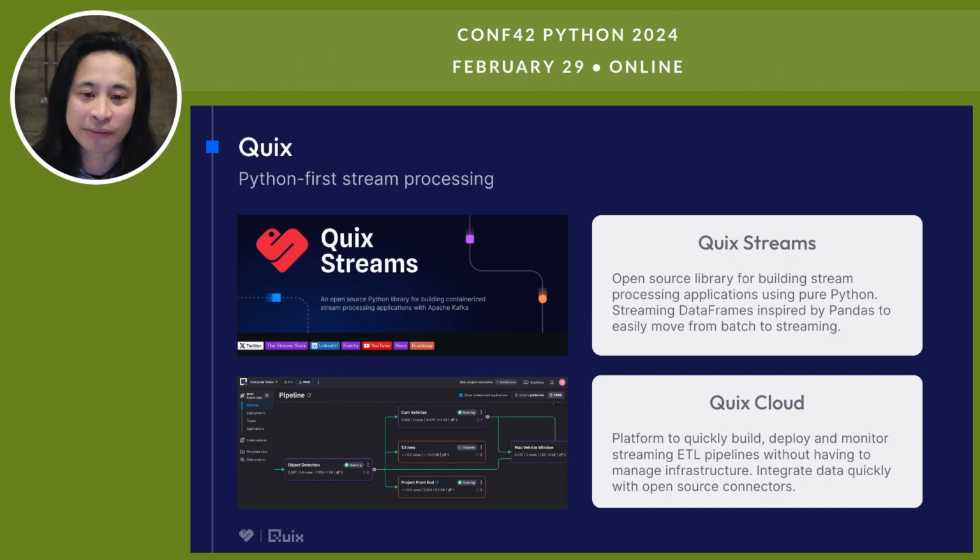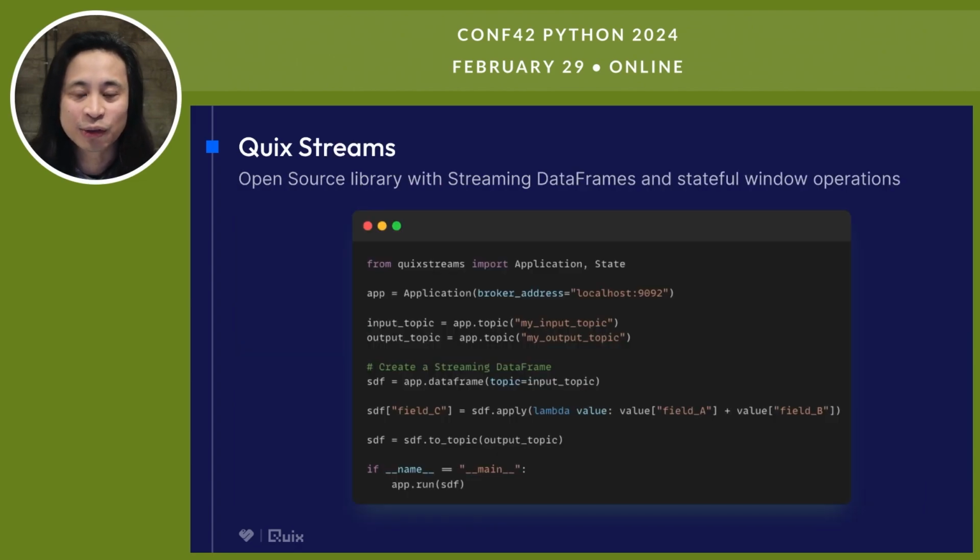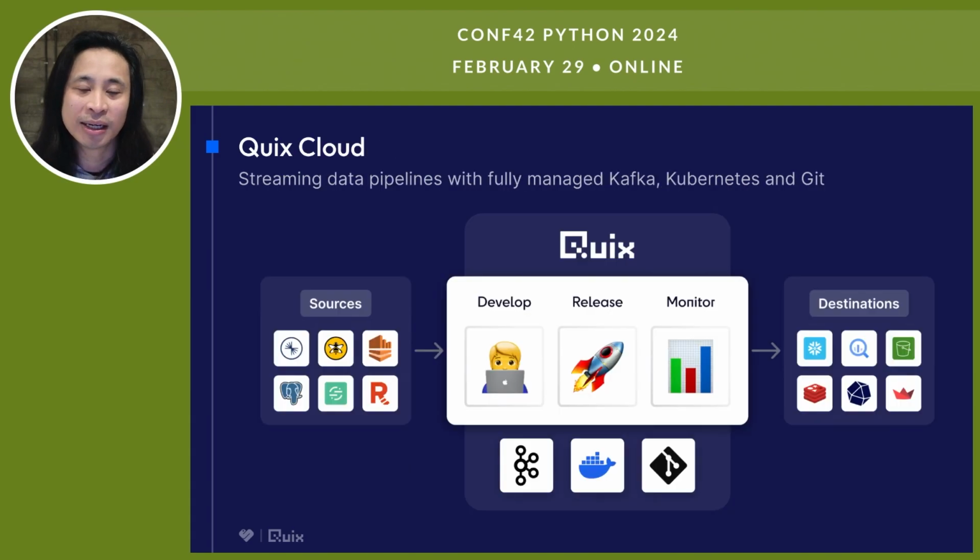Quix Cloud is a fully managed platform where you can run your streaming applications and build out real-time data pipelines quickly using open source connectors. We're pushing the idea of streaming data frames, and as you can see, it's reminiscent of the other data frames you may have encountered in Pandas or PySpark. You can build your data transformations using Quix Streams applications, and they're designed to work with Docker and be containerized. You can deploy those containers on your own infrastructure, or if you prefer not to manage infrastructure, you can deploy it on Quix Cloud. We provide a nice interface so you can build out streaming data pipelines.